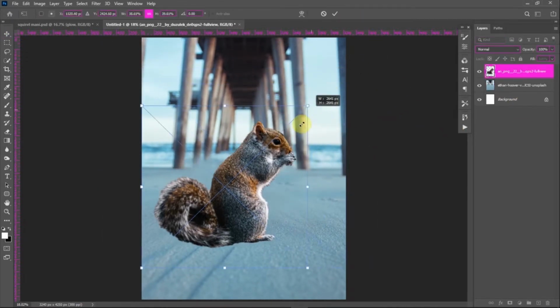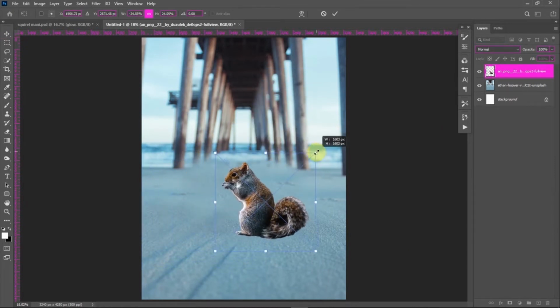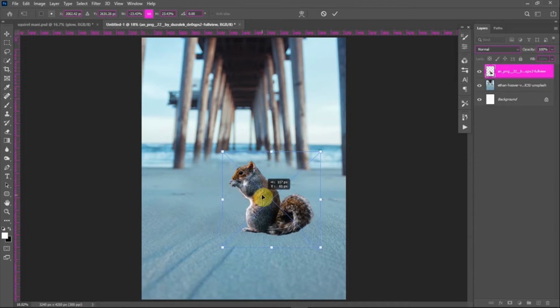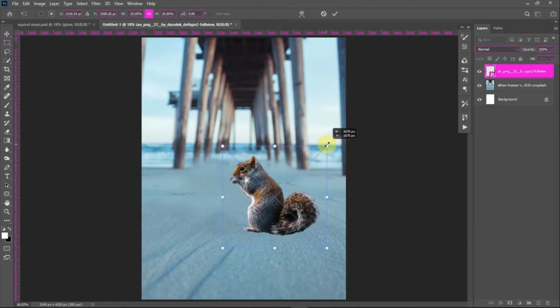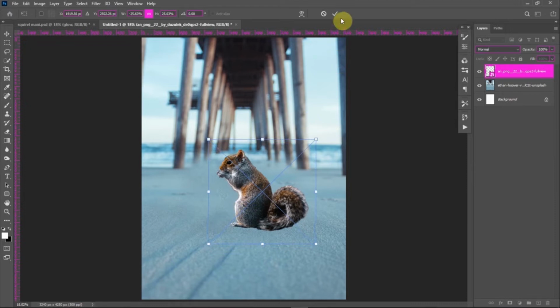Then I'm moving this squirrel I used. So moving the squirrel and positioning it in a way that I want it to be. Make it a little bigger and get that perfect spot you want it to be in. So after getting the perfect spot,